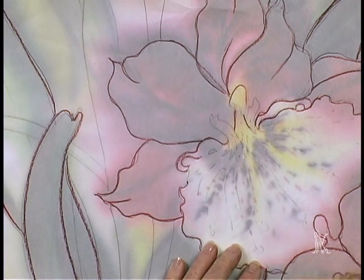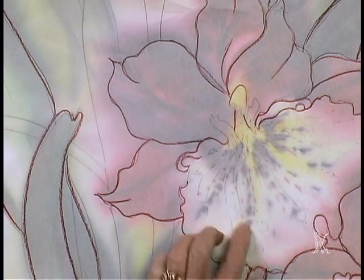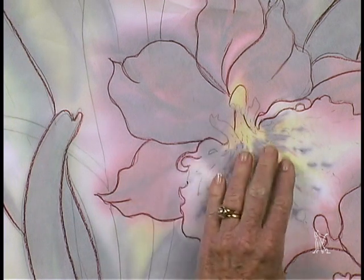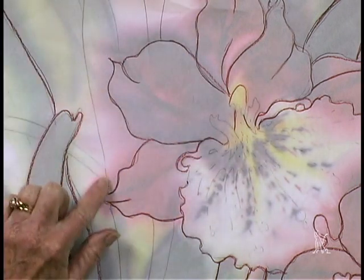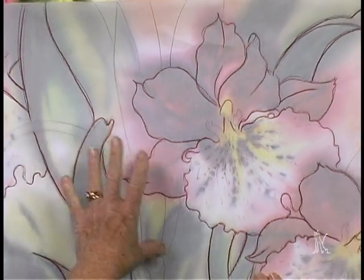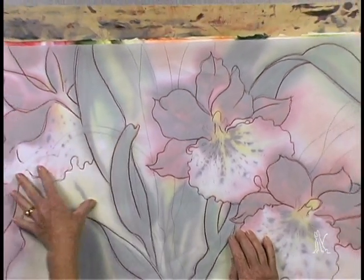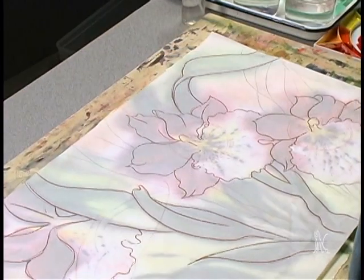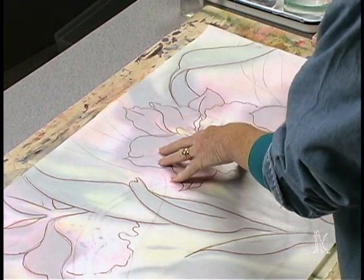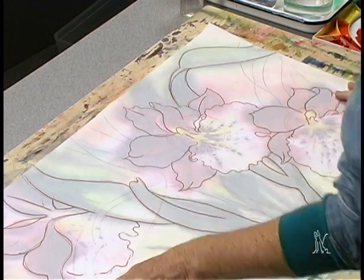So I'm checking some of these different areas because this is where I'm now going to need extra detail to be able to finish the painting and emphasize the centers the way that I want to. Also, this leaf, this stem, I didn't put in because I wasn't sure how those were going to play into the painting, and I wasn't sure if I was going to want them. When I have this in place, and I have indicated where I'm going to be doing the detail,